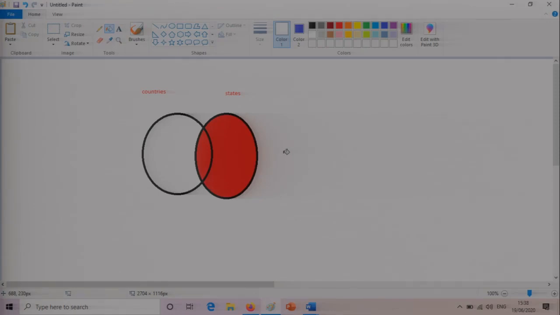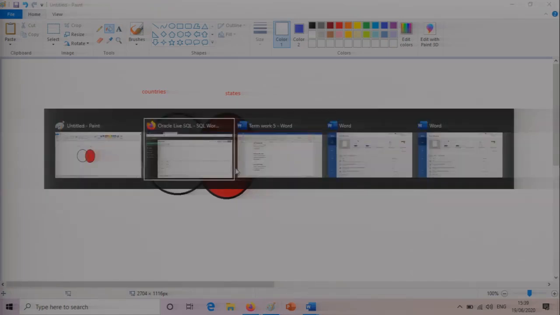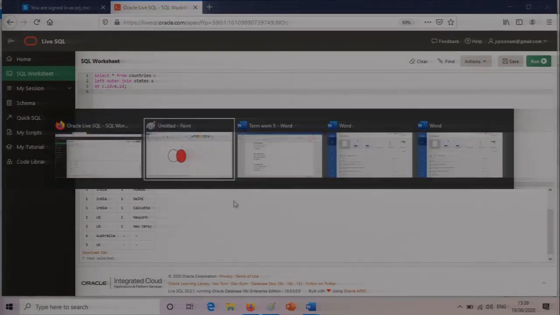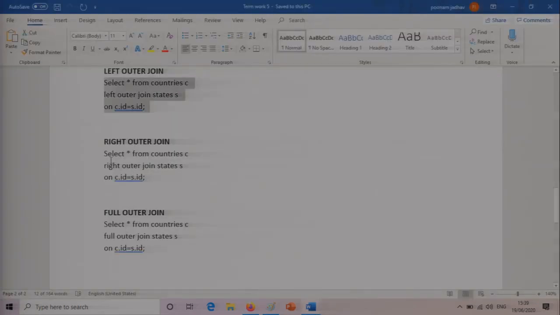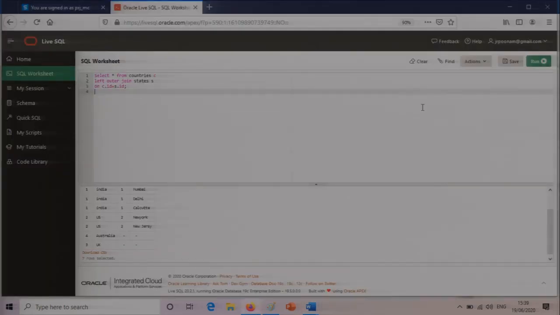So now you can see that this is what is right outer join. What is right outer join? The common data and what is exclusively there in the states table. This is what the query is all about. So you just merely write the right outer join clause in between. So let's copy this, clear this up